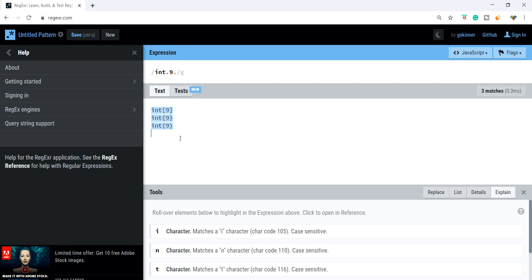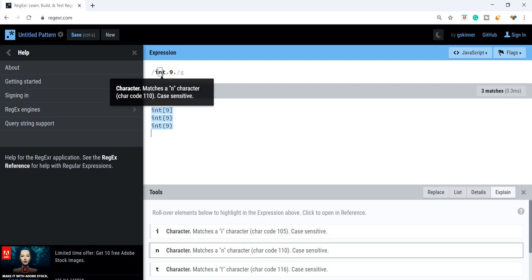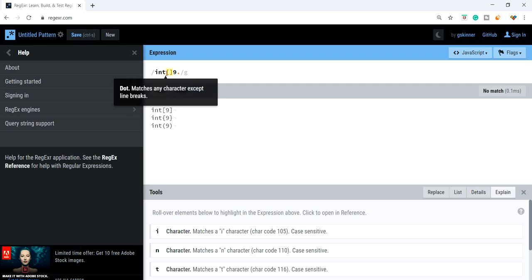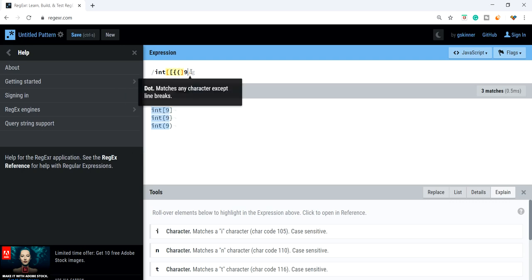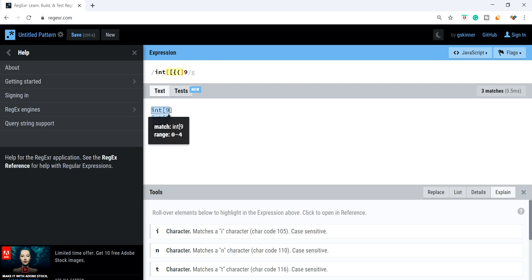Let's make a range for this. For dot, it can take anything, space, punctuation, and I don't want that. So what I'll do, I'll make a character set. And inside the character set, I'll define first square bracket, then curly braces and parenthesis, just the opening of all the braces. I'll ignore this dot. So till here, it's working well.